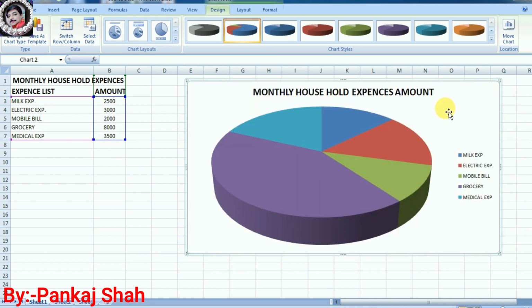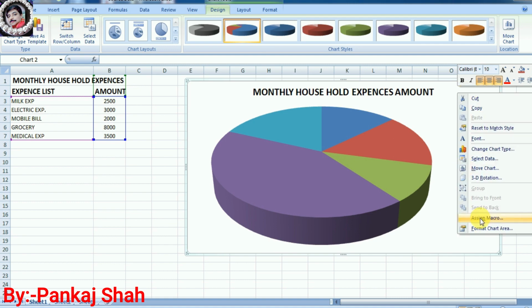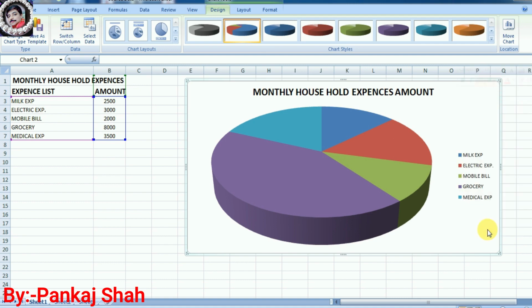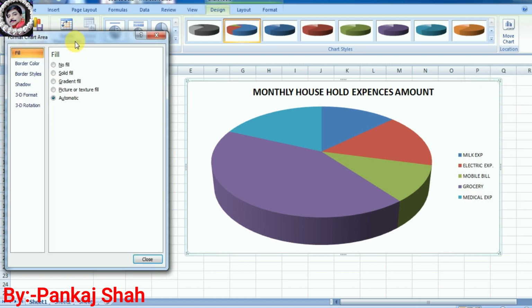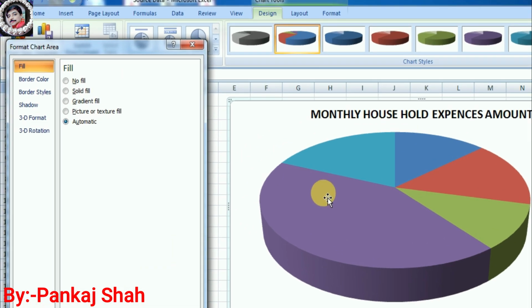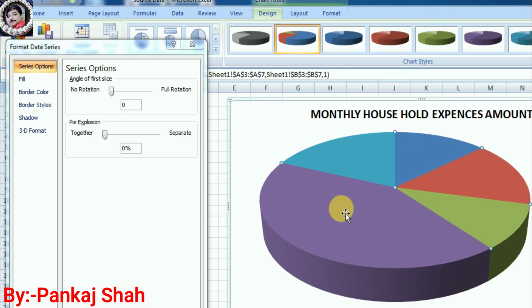Now right click here and select Format Chart Area, and you can see one dialog box displayed here. Now click on this chart, inside the chart, and you can see Angle of first slice. You can rotate your chart like this.